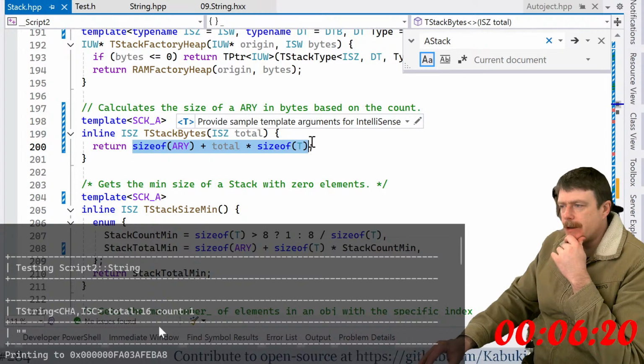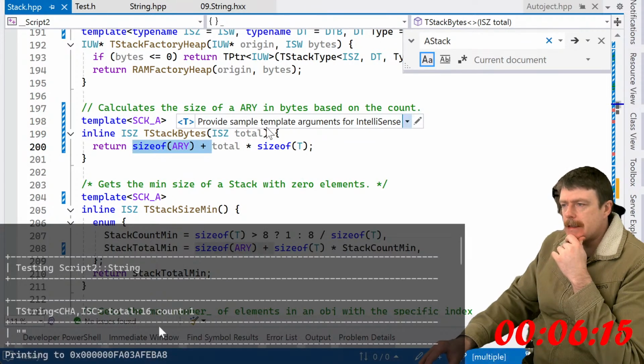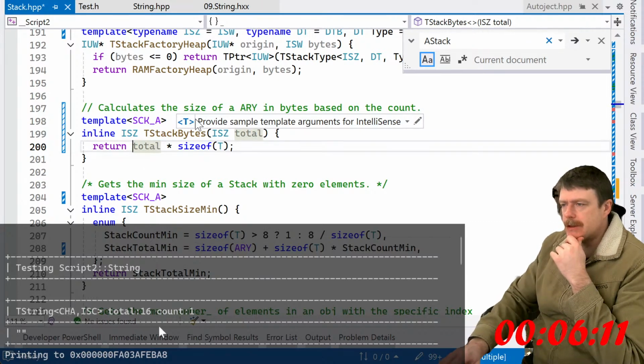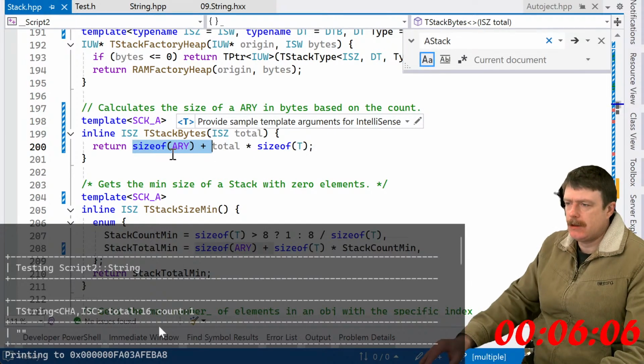So this is fundamentally the difference between the ASCII object and the array. The ASCII object has the size, and then the array would just store the total for the thing. So T stack bytes is